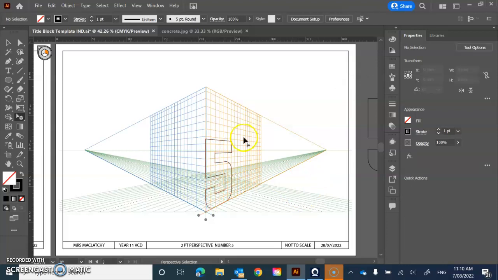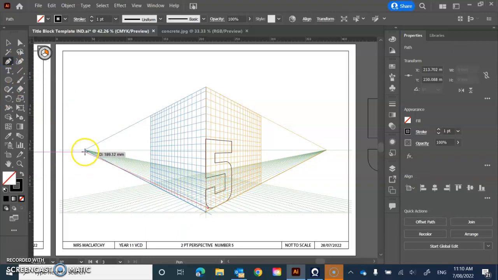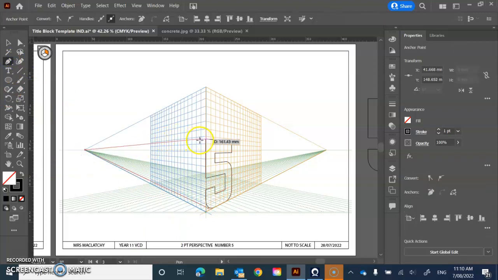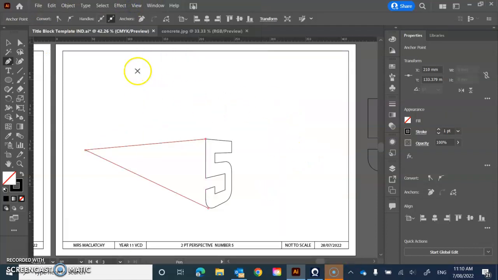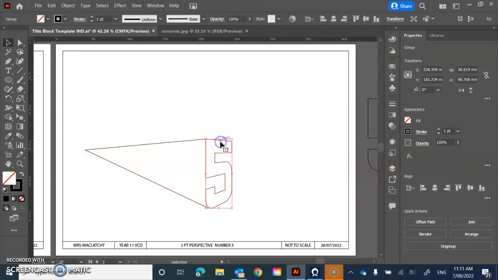So there's a couple of ways that you can finish your drawing. You can either draw in lines to your vanishing point and convert this to fit within it. So if I wanted to do it that way, I would come here, I would draw a line from the widest point to my vanishing point. I would go up here to View, hide my perspective grid, and then essentially copy and paste this,